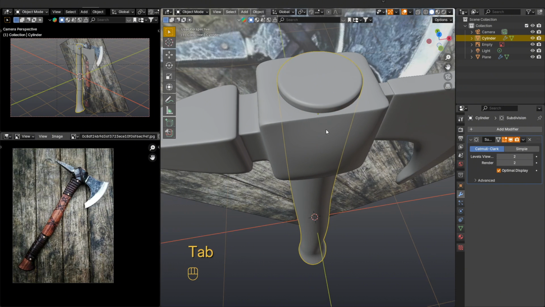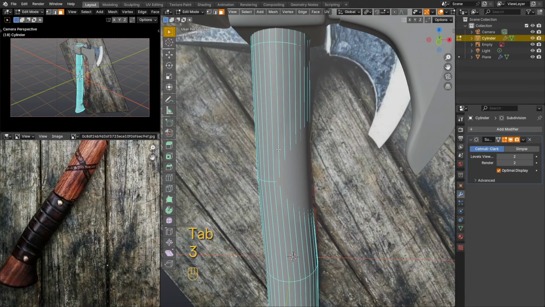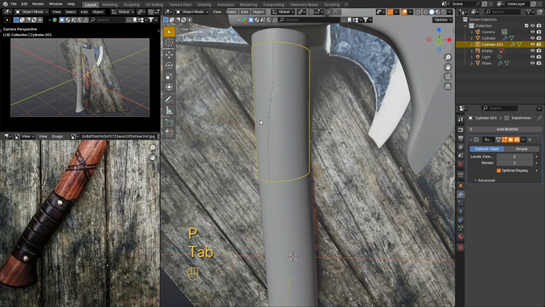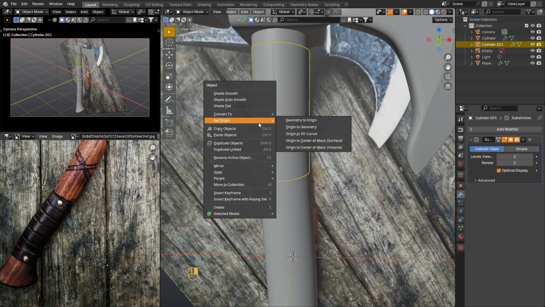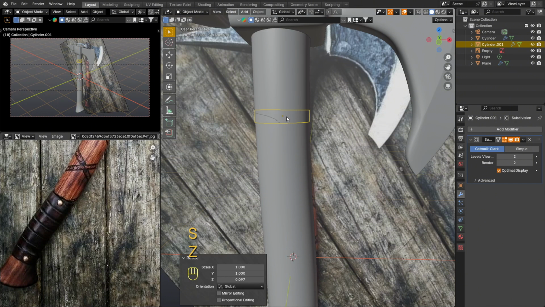And we proceed to the production of round leather elements on the handle. In order to create them, it is necessary to enter the handle editing mode, then with the Alt button pressed, select the face loop. Press Shift D to duplicate this element and immediately press P and by selection and separate this element from the handle.